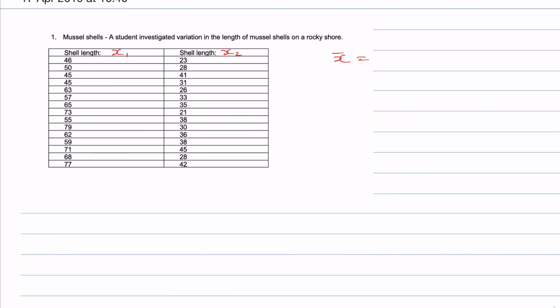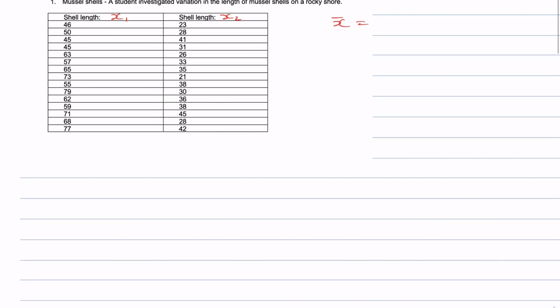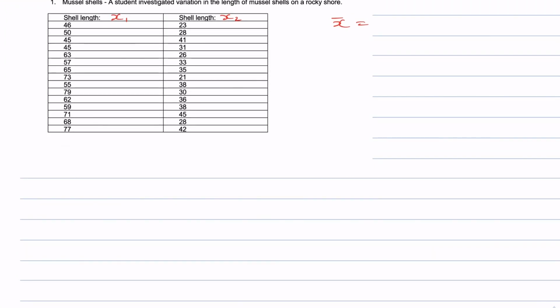Okay, so there's a few terminology things that we should get out of the way first. We've decided that our first population is going to be x1 and the second population is going to be x2, that's fine. Each individual value, so 46, 50, 45, those are simply x's. They're all individual x's. The average of all these values is given the symbol of x bar. Okay, so x bar 1 will be the average of 46, 50, so